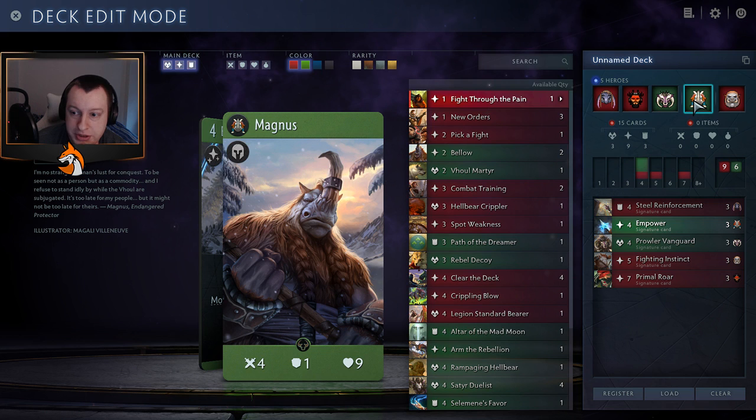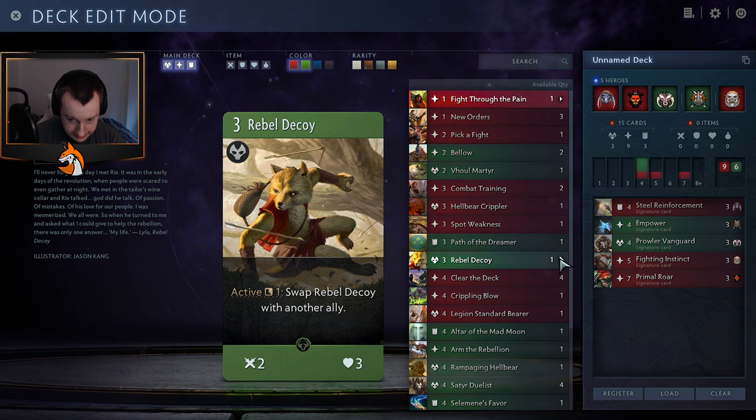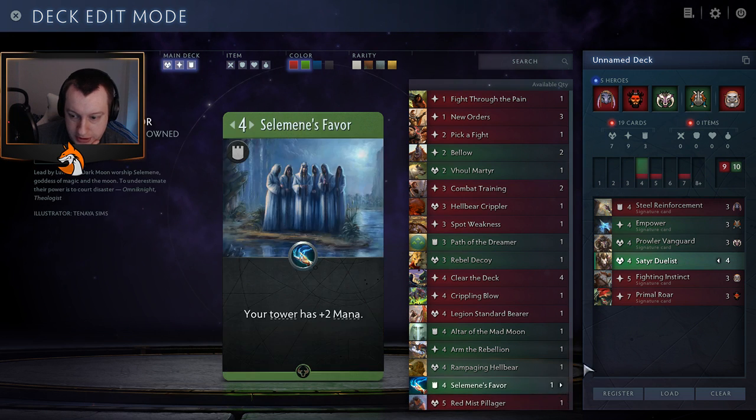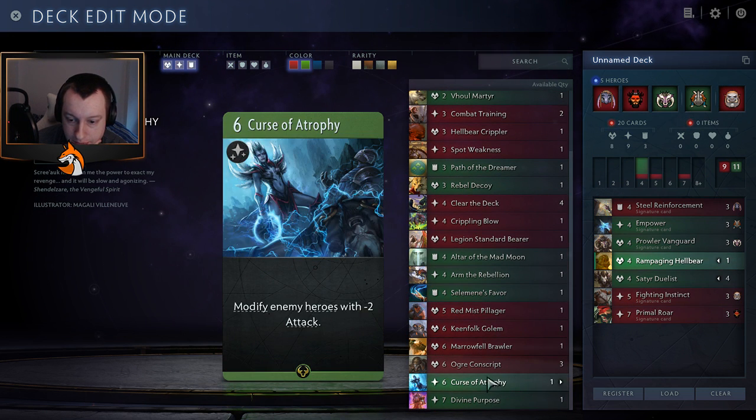Yeah, we didn't see Lycan, we didn't see Drow. There wasn't really any big pickups for us there outside of Bristleback. And we couldn't really risk it. So we wanted to go off Forsated Duelist. This was big for us. Rampaging Hellbear is good as well, and we'll take